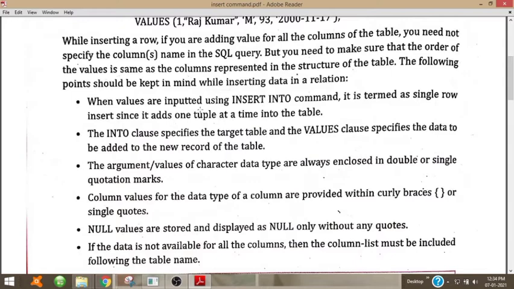When values are inputted using the insert into command, it is termed a single row insert, since it adds one tuple, one row, or one record at a time into the table. Insert into specifies the target table and the values clause specifies the data to be added into the new record.